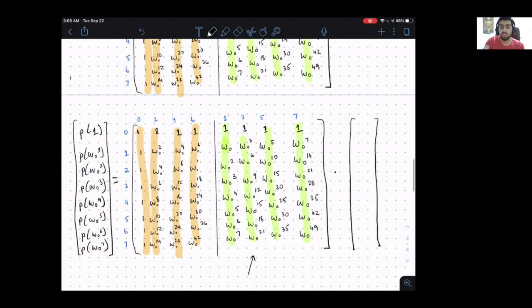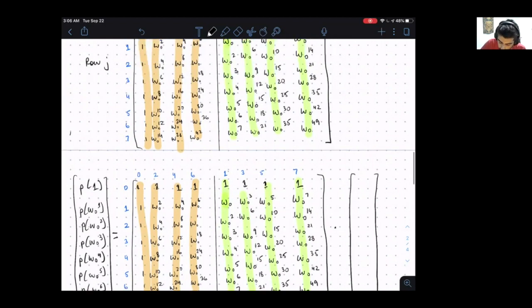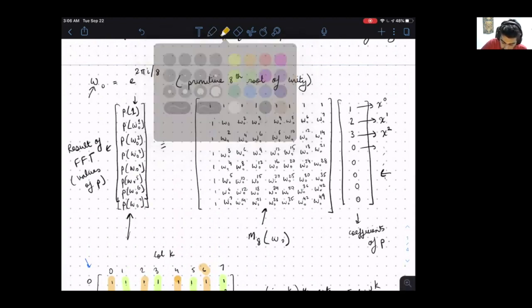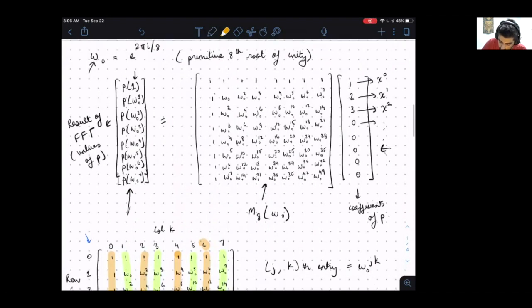But since we rearranged the columns, we're also going to need to rearrange the coefficients so that the coefficients times the columns exactly match up in the order that they were in the original FFT formulation. So exactly how we did previously, we're going to have to take the even